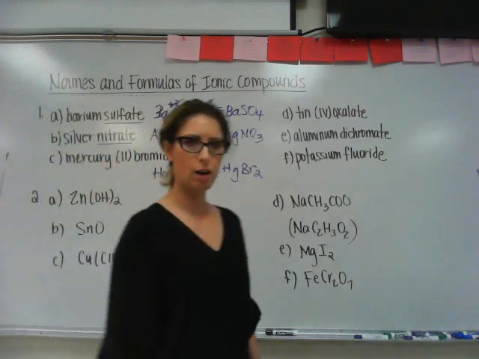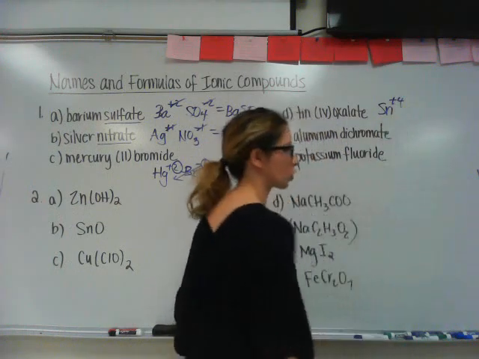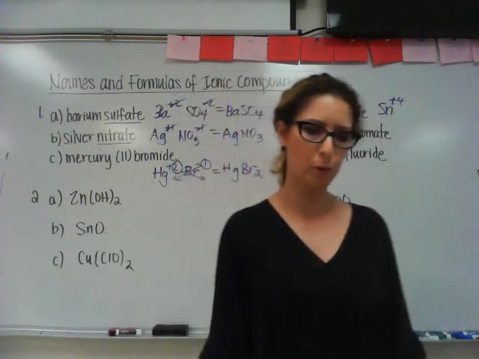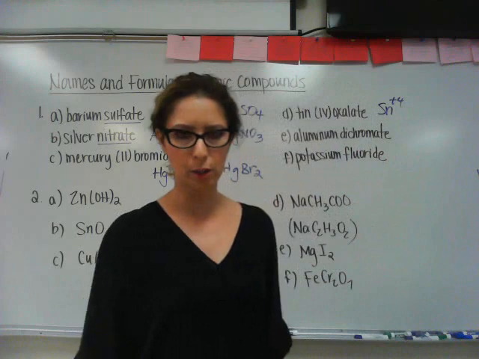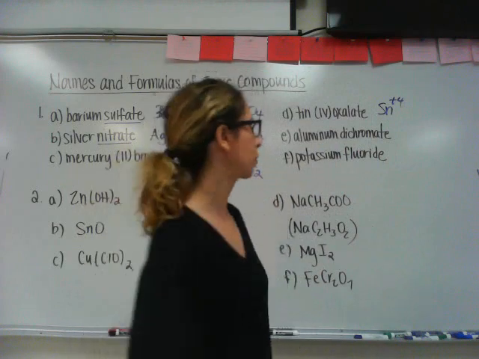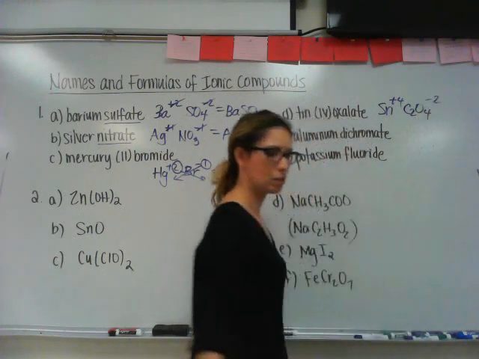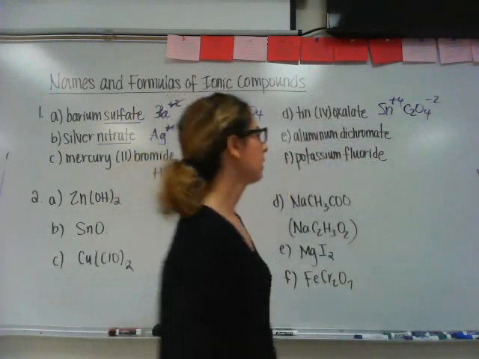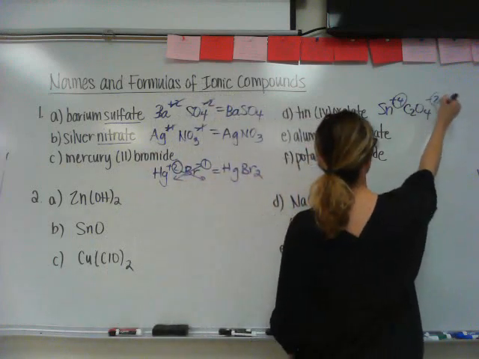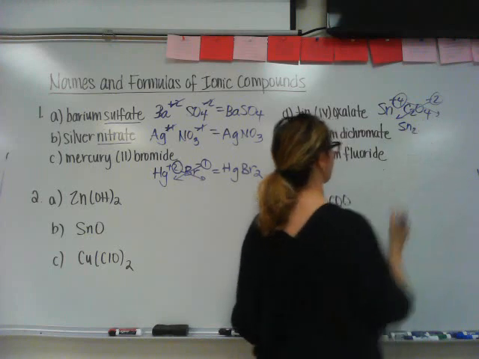Tin 4 oxalate. Tin is Sn. It has a +4 charge because they gave us a Roman numeral. Oxalate is on the bottom left of your periodic table with the rest of the polyatomic ions. Its formula is C2O4 -2. Okay? So the numbers and the charges are going to cross, and you get Sn2, but now you